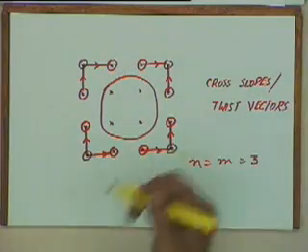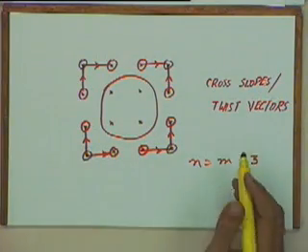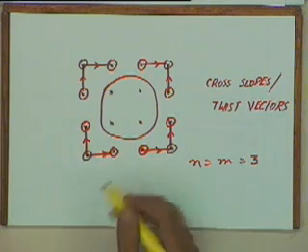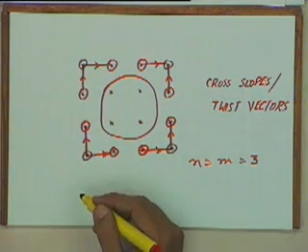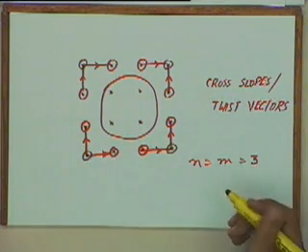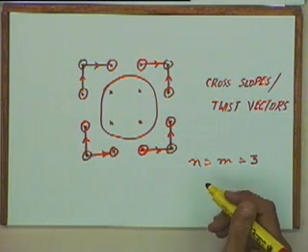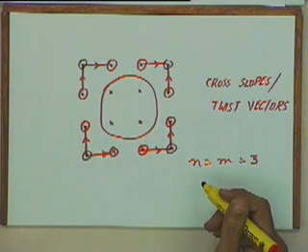16 is the minimum number of points we have to give. We can give more points. 16 is the number of points one has to give for a bicubic Bezier surface, that is when the degree in both directions is equal to 3. If you have a higher degree surface, we can have a higher number of points. If you want to have a quadratic Bezier surface, then you need to give only 3 into 3, 9 points. But normally cubic is the lowest degree one goes down to.